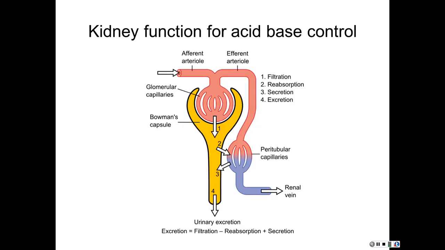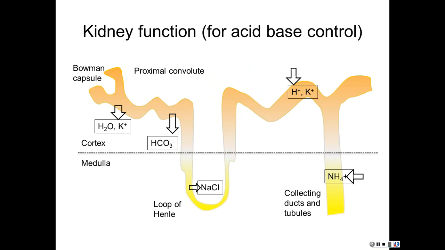So, kidney function. Everything is filtered through the glomerulus, and in the proximal convoluted tubule, you're absorbing water and sodium and all these things. You're also reabsorbing bicarb, mostly in this area. And then in the loop of Henle, there's the countercurrent mechanism for absorbing even more sodium and chloride back out of the tubule and into the